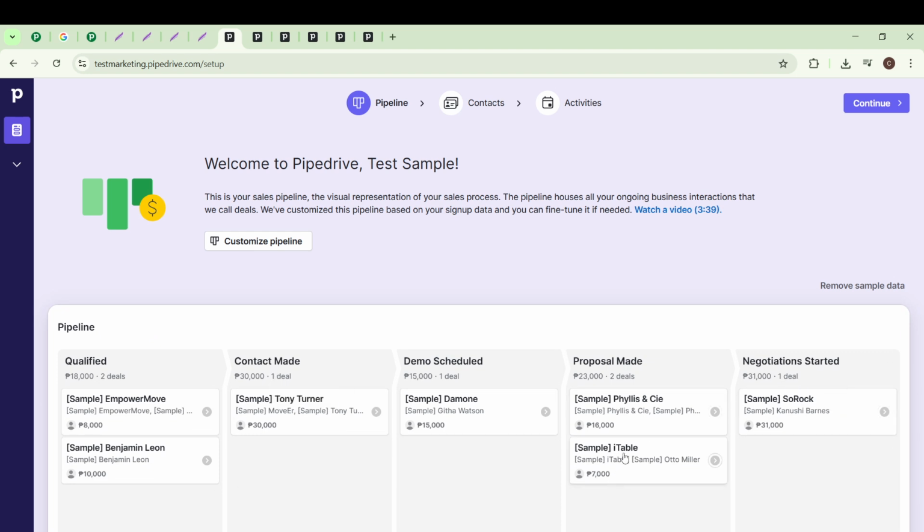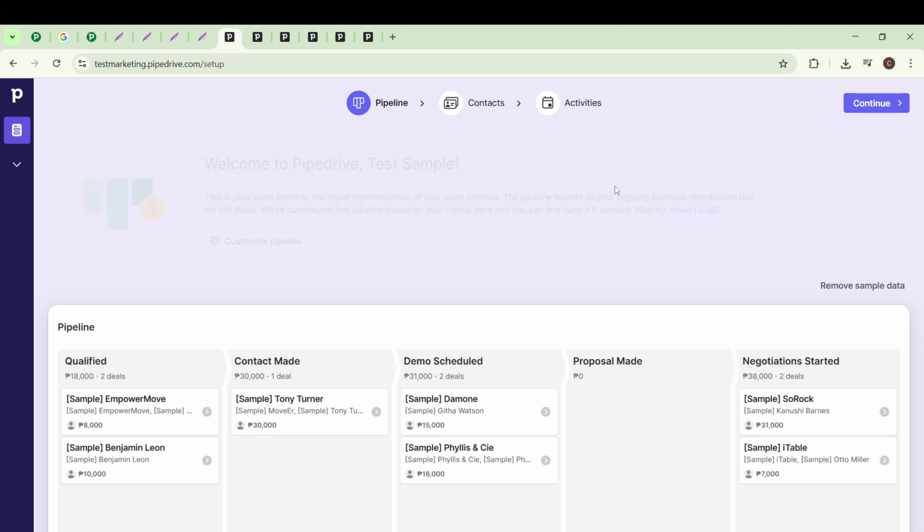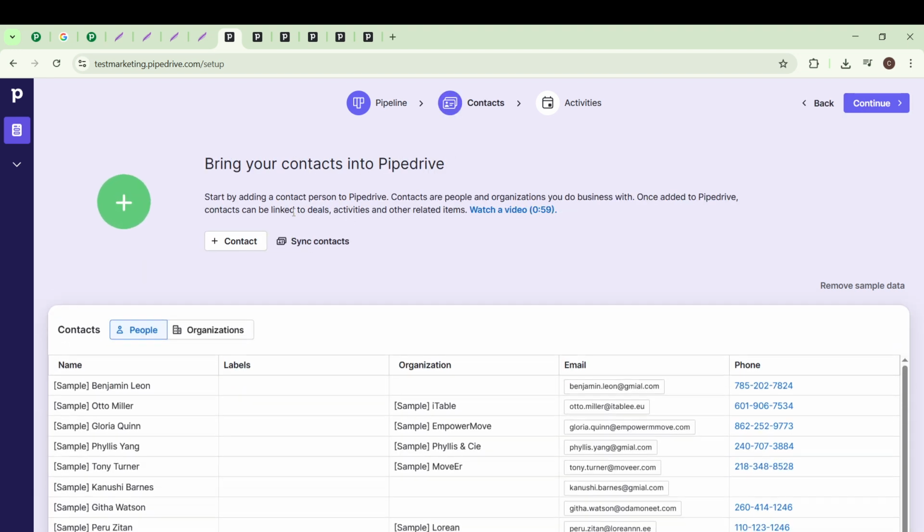Not only can you customize these, but you can also add custom fields to capture specific information relevant to your deals, contacts, and organizations. Got existing customer or sales data sitting in a spreadsheet? You can import this data directly into Pipedrive, which is great for populating your account with your current contacts, deals,